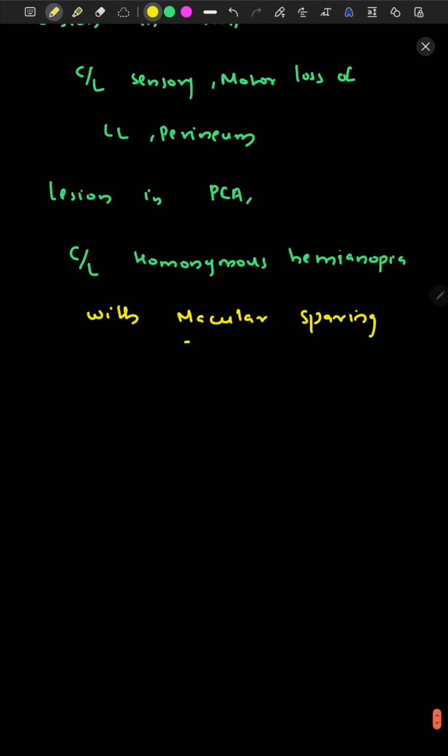Actually, the macula is supplied by the middle cerebral artery. So there will be sparing of the macula. So it is homonymous because